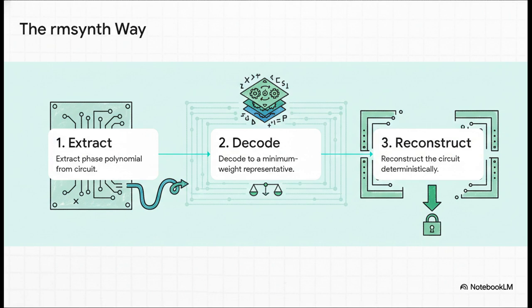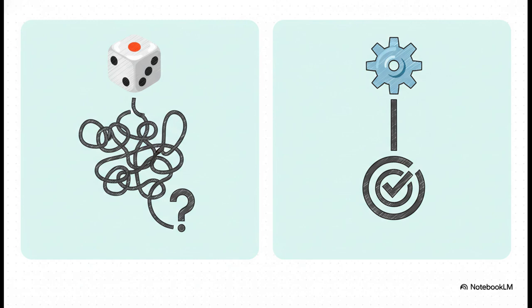The whole hope part of the equation is just gone, replaced by a predictable, repeatable, rock-solid process. This really gets to the heart of it. It's two completely different philosophies. On one side, you have heuristics, which is all about, it's usually pretty good, but it's unpredictable and has terrible